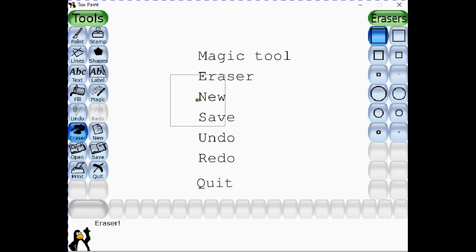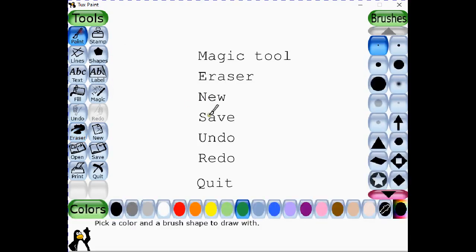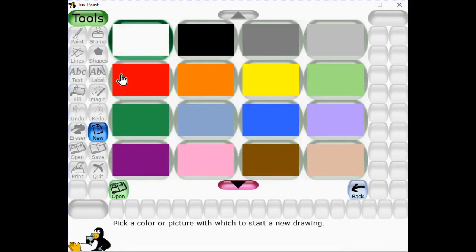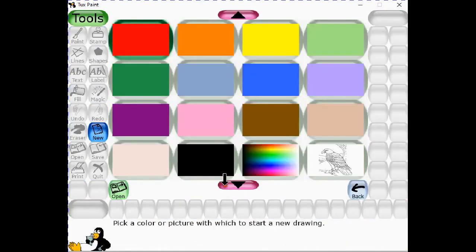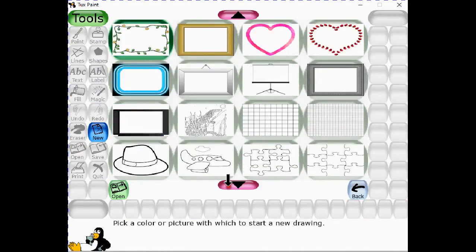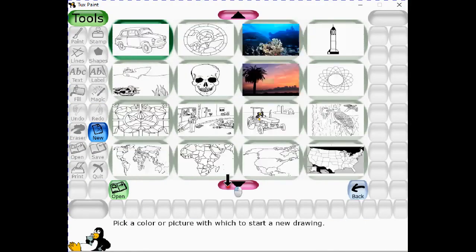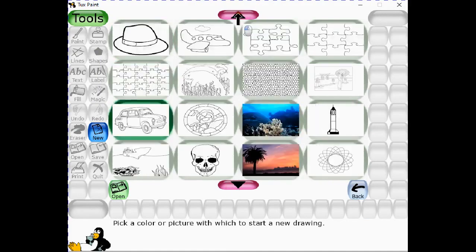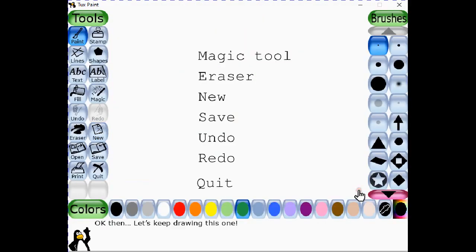And this new option is opening a new document. As I have opened in front of you, click this button, and here I have different options. Even we have built in, when I put this arrow, you can see built in many options are there. You want to add some colors to your drawings, you can use that option. So this is a new option.